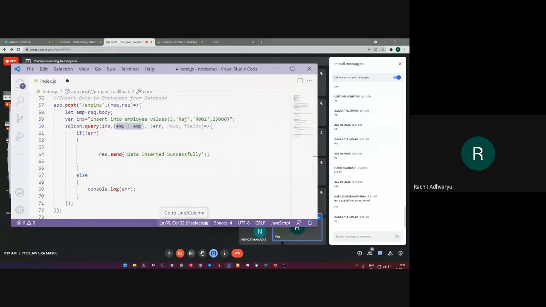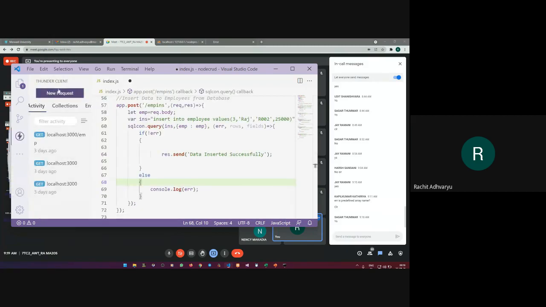But for executing all these operations for insert, update, and delete, we require an API executor because all these are considered as an API. For that, you can use any third-party API executor, but VS Code itself provides one API executor, and that is Thunder Client. You can just remember the name Thunder Client, an extension of VS Code.